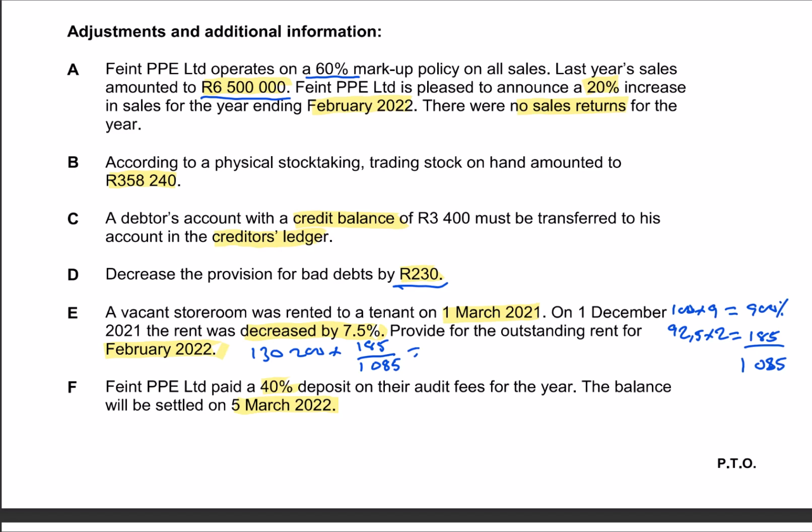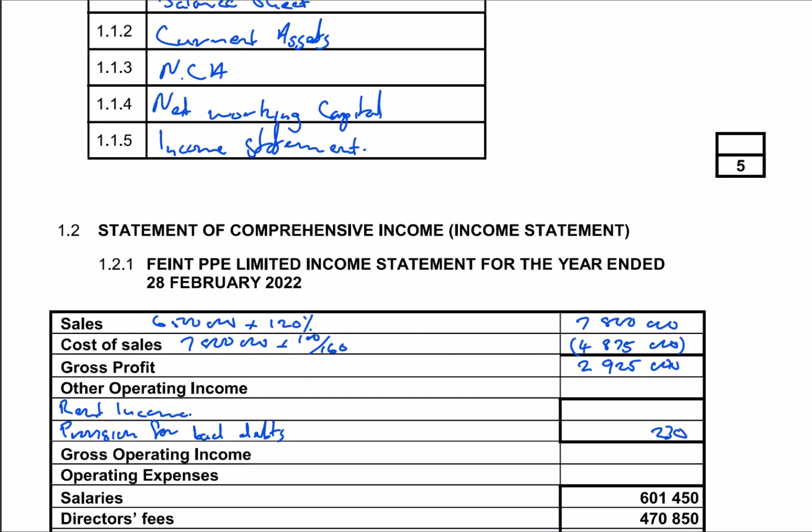So the total rent received, right, for the 2 months after the decrease is 22,000. So the monthly rental income, because this is for 2 months, you divide by what? By 2. So the monthly rental after decrease is 11,000. So your rent outstanding here will be